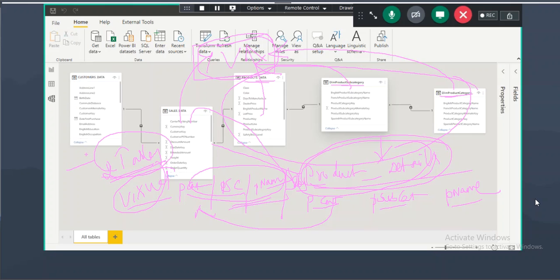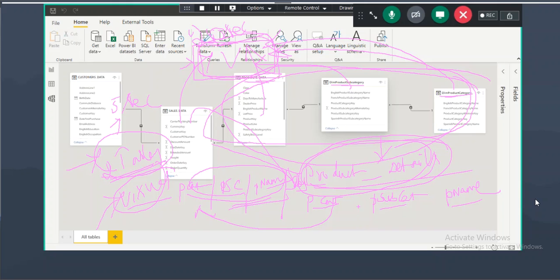So which visual will load the data quickly? This visual will load the data quickly. If this visual takes 5 seconds to show the data, this visual will take 20 seconds to show the data. Why will it take 20 seconds? Every time my client opens this visual, it needs to join the 4 tables and then show the data in the Snowflake schema.